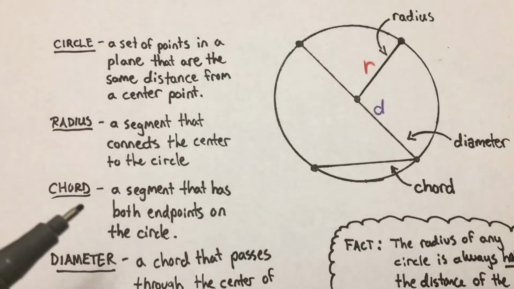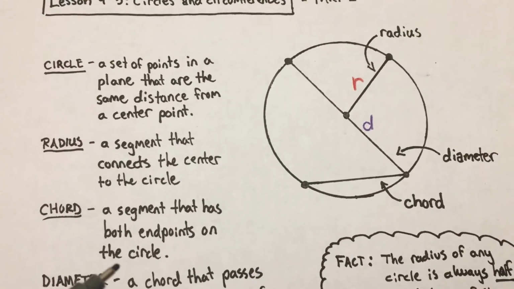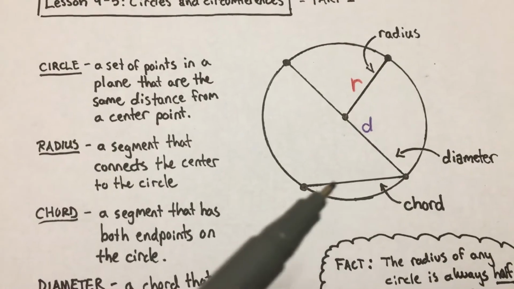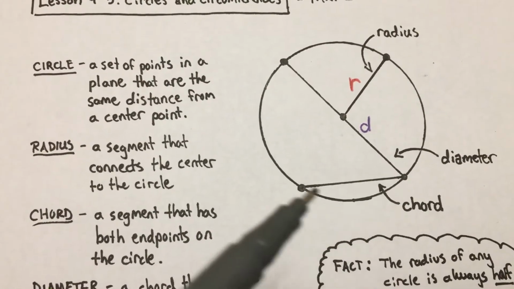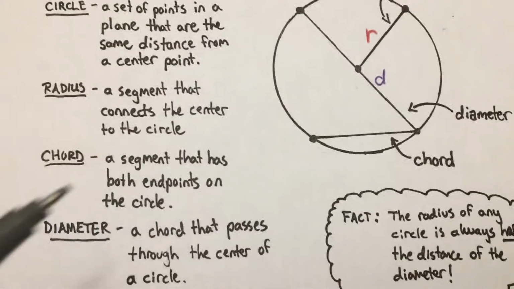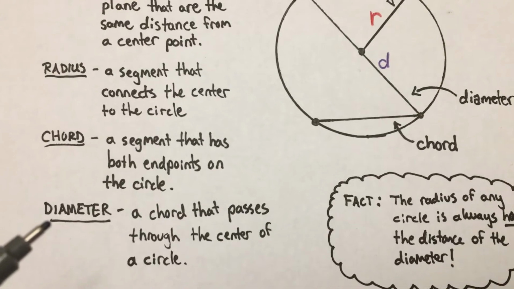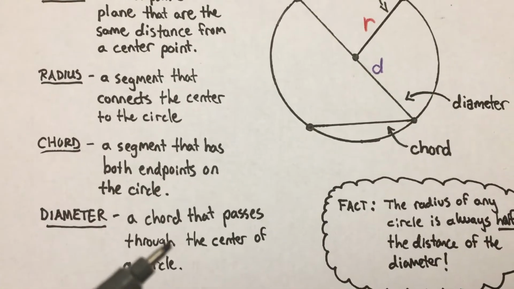Now, a chord would be a segment that has both endpoints on the outside of the circle. So this line segment right here that has these two endpoints on the outer perimeter of the circle, we would identify as a chord. Now, the last term, diameter, is a type of chord that passes through the center of